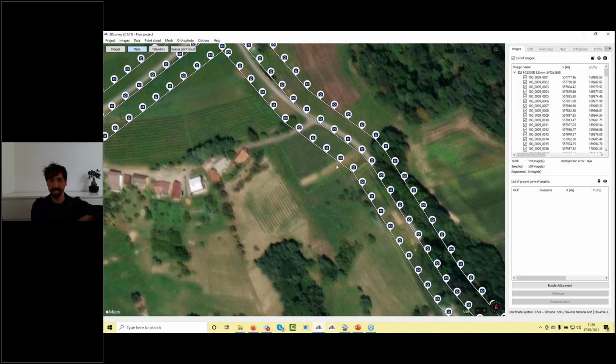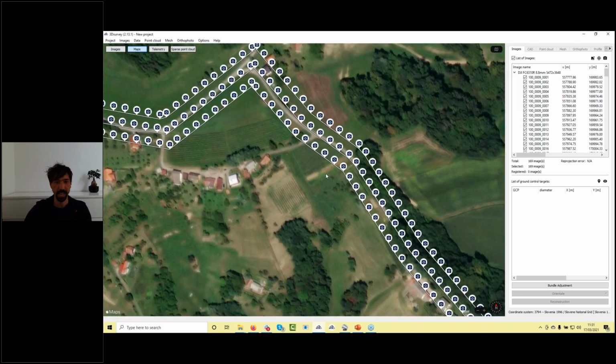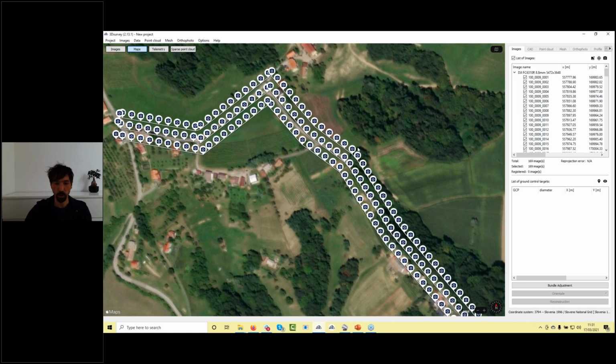If you would fly a single line, you could probably also get a model out of it and results, but at the end, the model will probably be a bit bent or something like that, or in some locations you're not going to get good overlap between images and you could have some issues. If you do it like so, everything should be more or less fine,